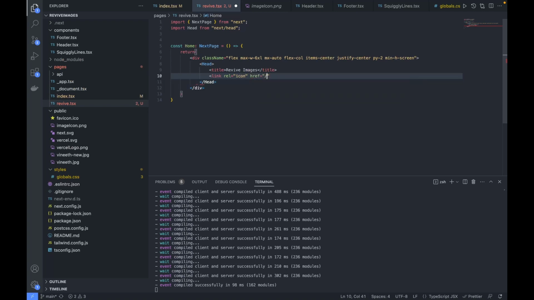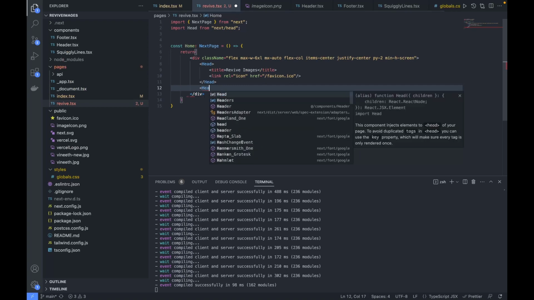So that is slash favicon dot. Okay, so this is the head part, and the header remains the same, so we'll make use of the component